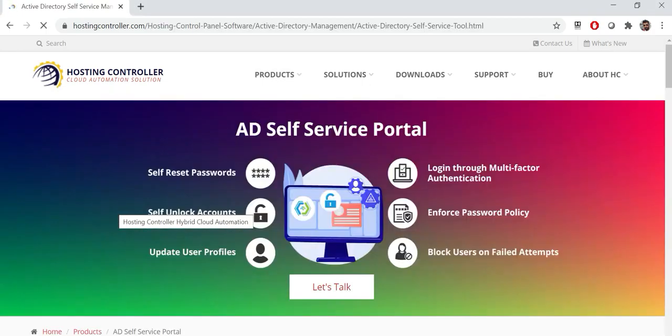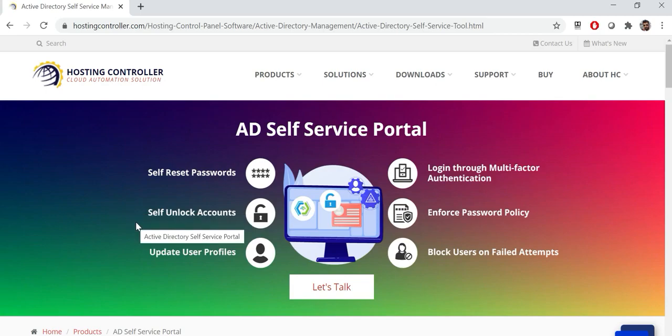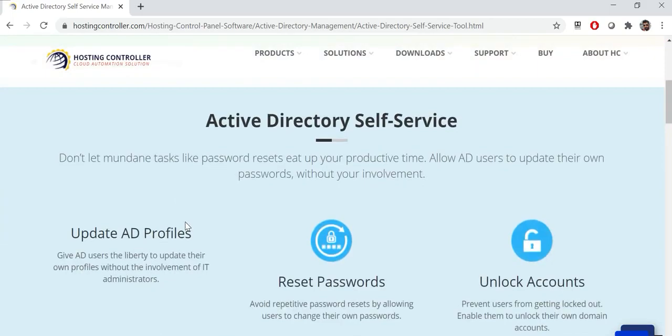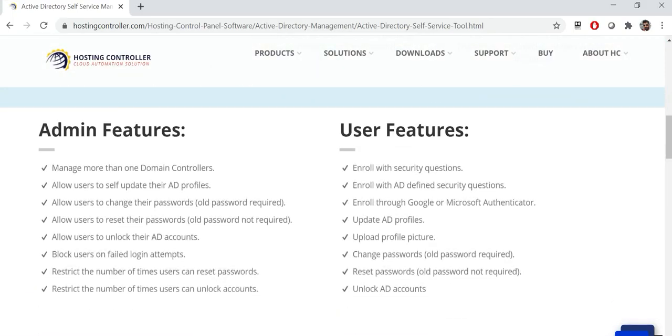This is a very convenient product for IT companies to reduce the support requests for administering AD modification requests. AD self-service allows AD users to change passwords, modify their AD profile, and unlock their AD accounts. All this information is listed on this website, including the key features of the admin interface and user interface. But let's start from the beginning, to install this application